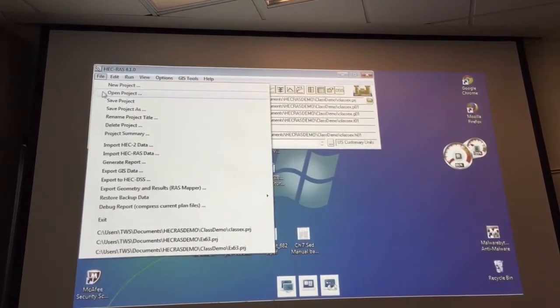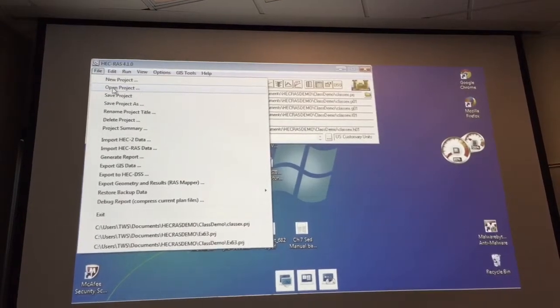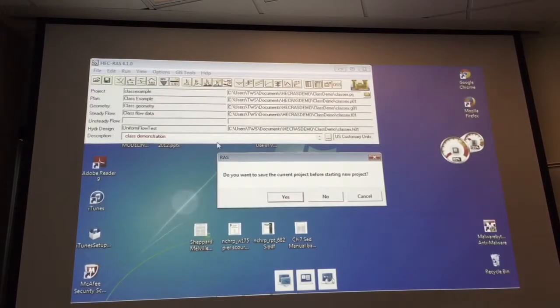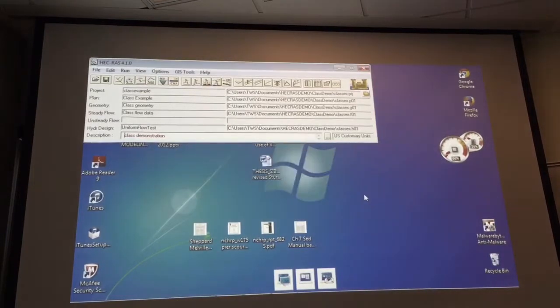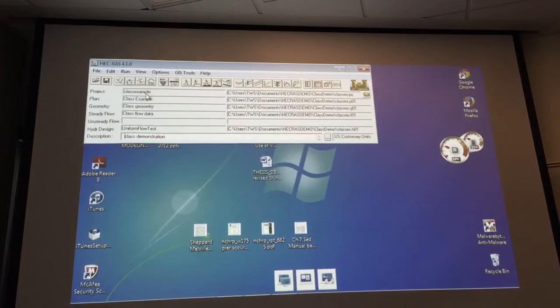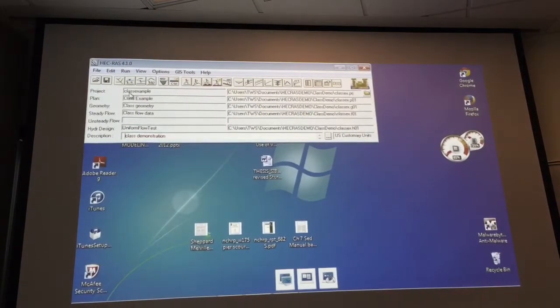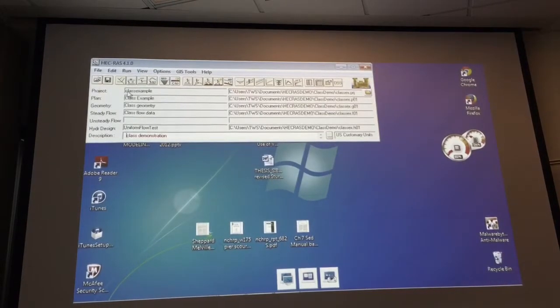But I already have a project, a class example, so I've already opened it, actually, so cancel. So I opened it, and here it is, class example. Now this terminology. First of all, there is a name for the project,